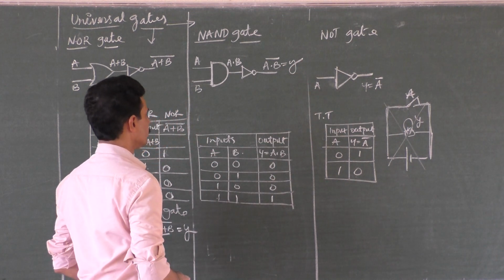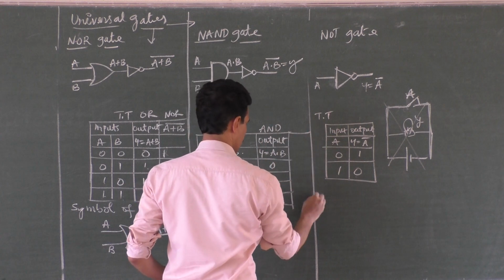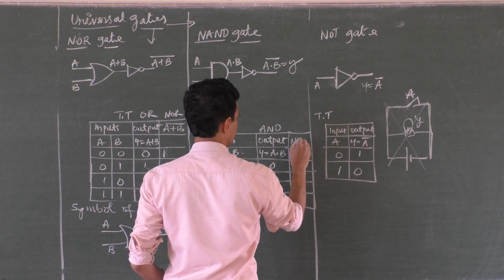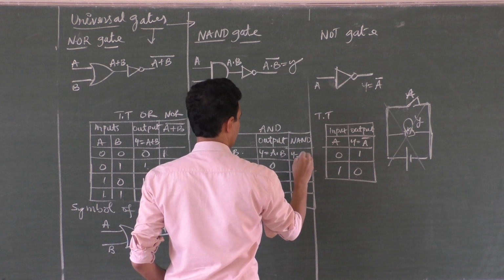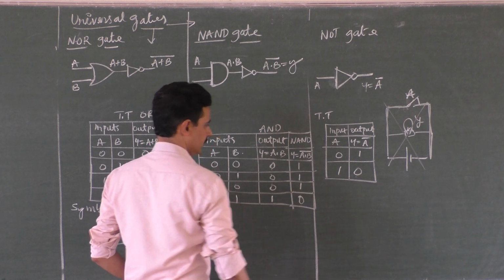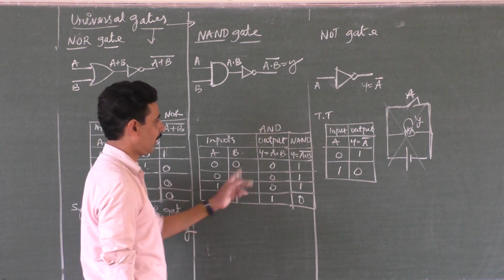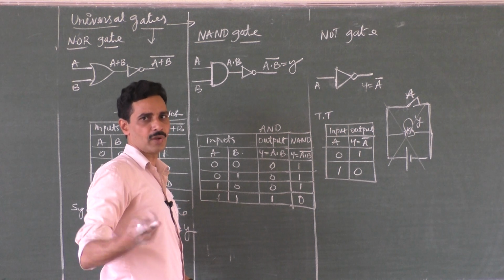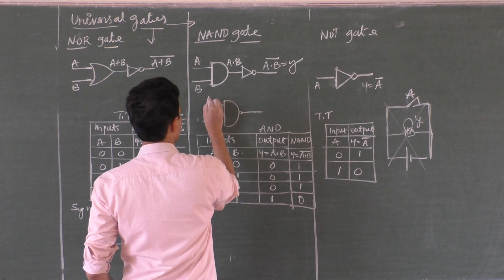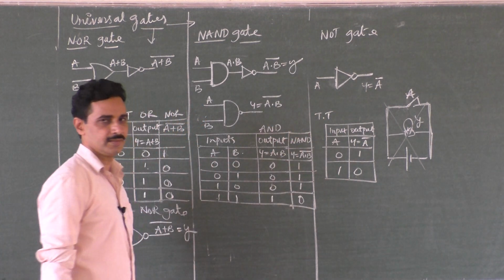How do you show it in the truth table? This is the AND output, now you show it using the NAND output. Y is equal to A dot B bar. This is A dot B, this is A dot B bar. Complement this: 1, 1, 1, 0. This is the output. So the NAND gate is a logic circuit which gives the complement of the AND gate output. The symbol is only an AND gate with a bubble here. A, B, Y is equal to A dot B bar.